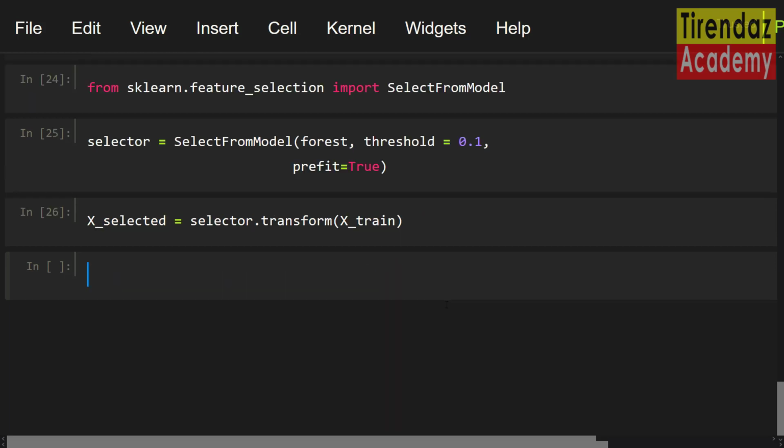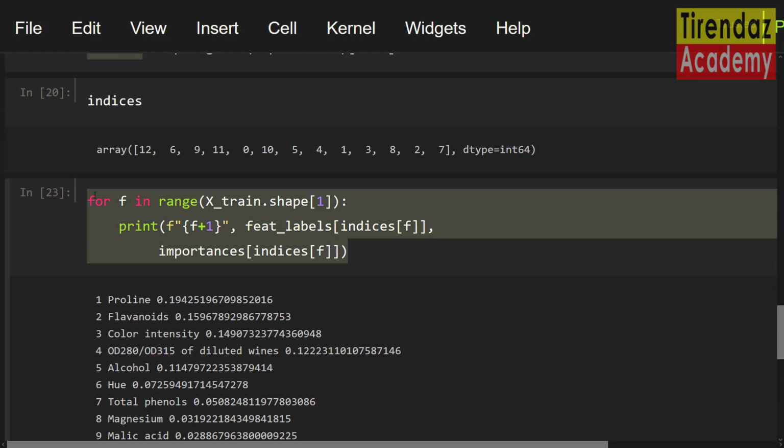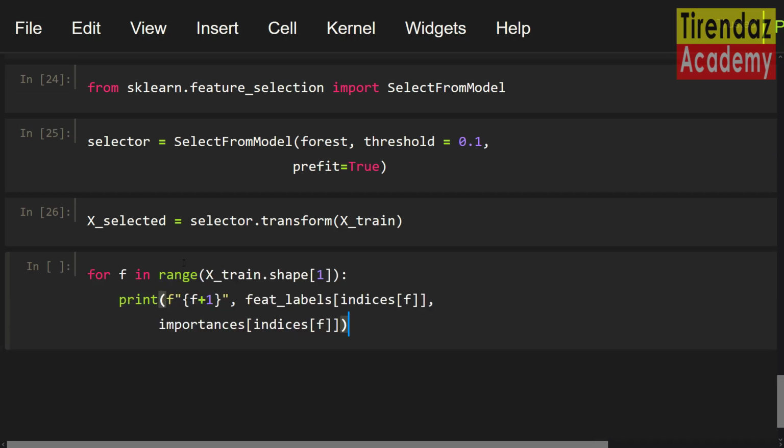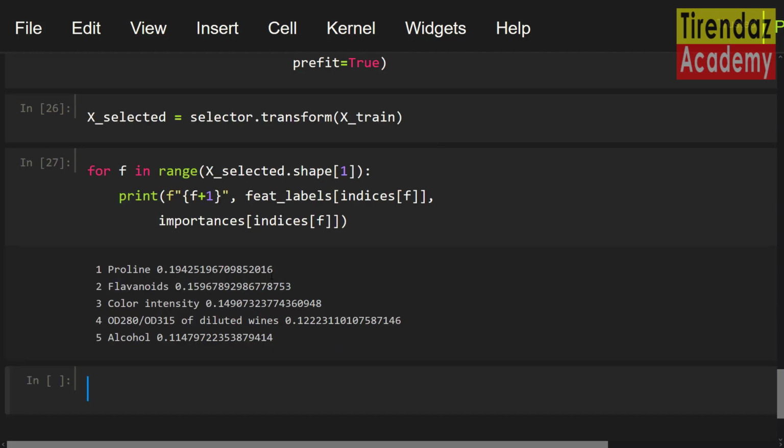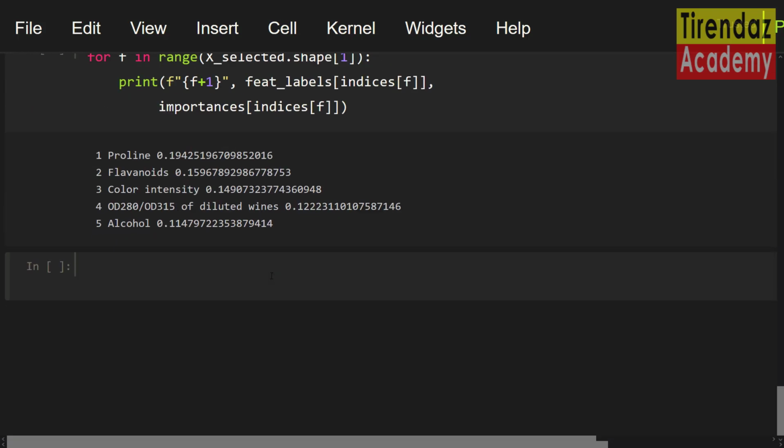Features are selected according to a certain threshold value. Let's see these features. Let me copy this for loop and paste it here. Let me change that. I'm gonna set selected. According to the threshold we specified, 5 features were selected. Wonderful. I have shown how to do feature selection.